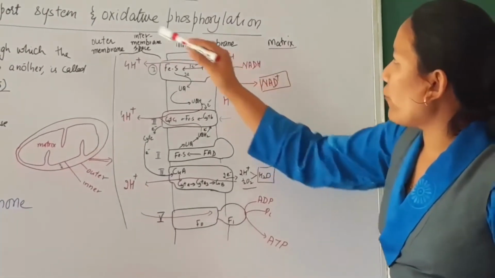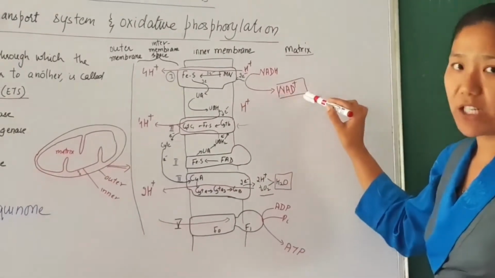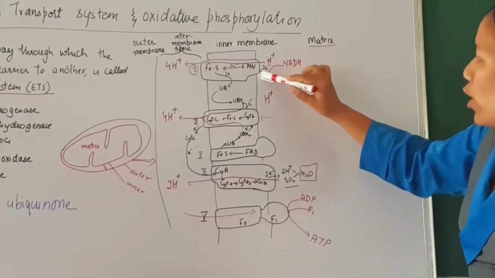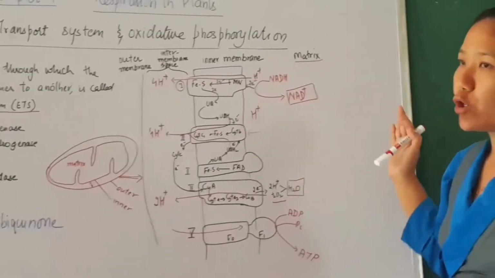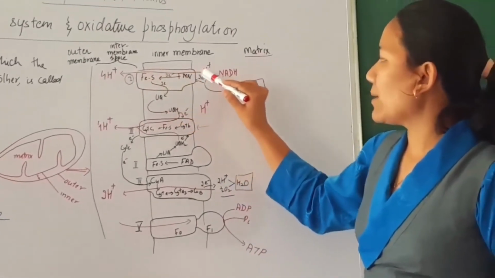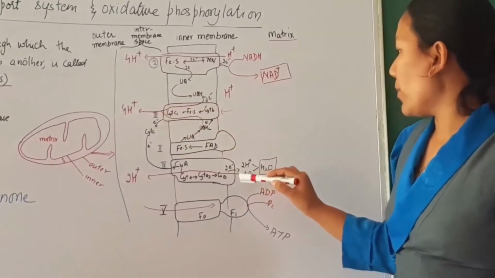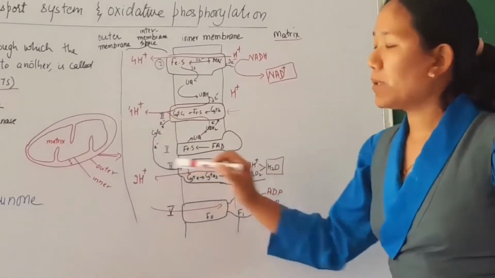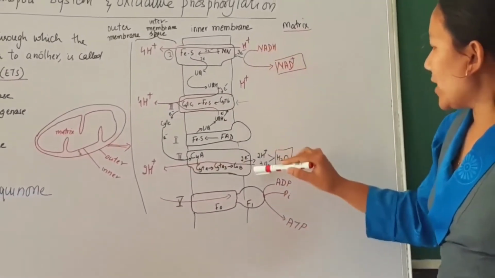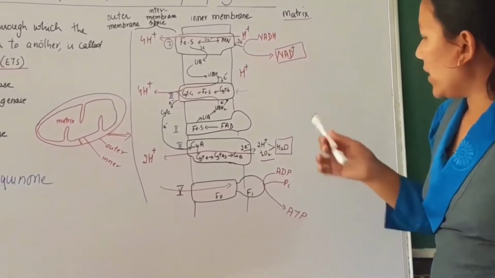Okay, so this is about ETS when the electron donor is NADH. And when NADH is the donor, there are 3 places where protons are pumped into the intermembrane space. The first is complex number 1, and then at complex number 3 again proton is pumped, and at complex number 4 proton is pumped against the gradient here. And in this process again the water formation is there. Next,